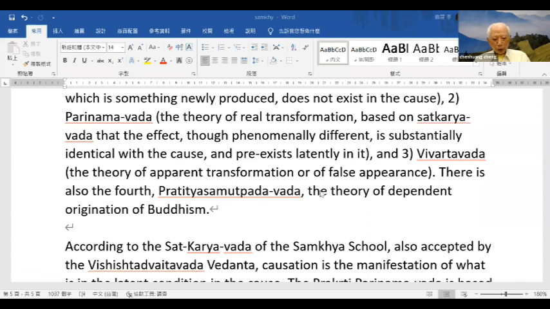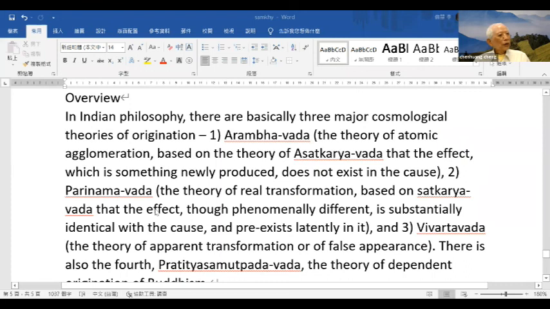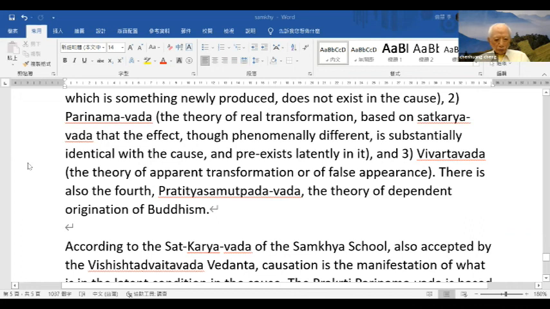Then there is the Pratityasamutpada Vada. This is the Buddhist theory, the theory of dependent origination of Buddhism. So in Indian philosophy, we have four major cosmological theories: Arambhavada; Parinamavada, which can be divided into two, Prakriti Parinamavada and Brahma Parinamavada; the third, Vivartavada; and then the Buddhist theory, Pratityasamutpada. Pratityasamutpada means dependent